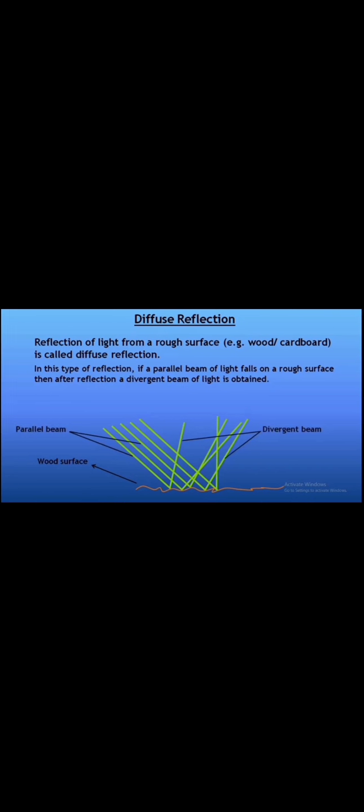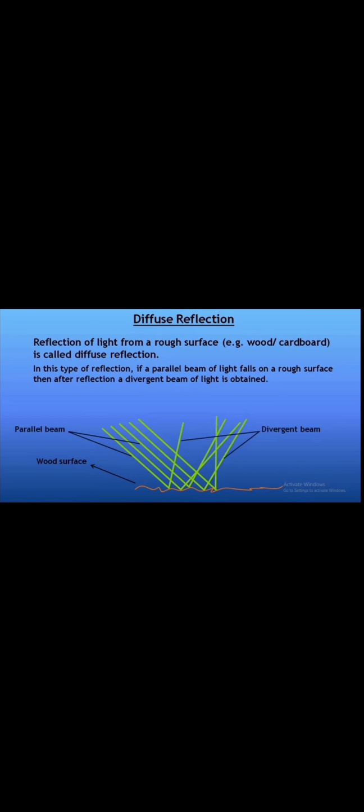But most of the surfaces around us are not regular, though they may seem to be. If you look at a wooden table, you would say this is a regular surface. No, the surfaces of a wooden block, cardboard, etc. appear plain or smooth, but when we zoom in and see them through a microscope, we find that they are rough. So here we consider the wooden or cardboard surface a rough surface.